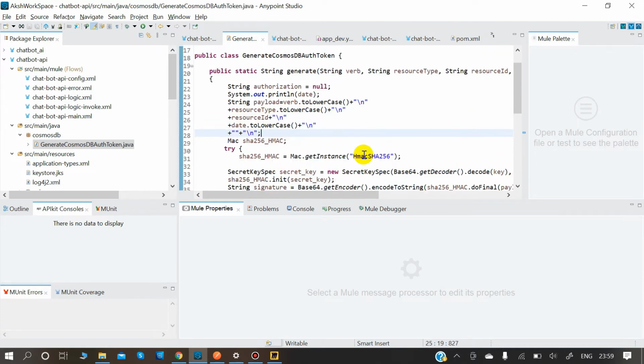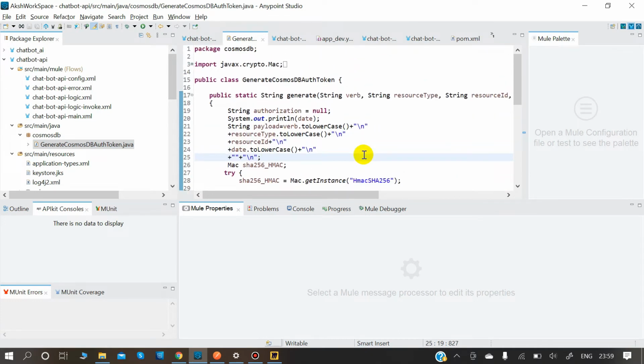There are many classes to generate this authorization token. We have used Java because Mule runs under Java. So we have brought this Java code here, where it tries to generate a token.